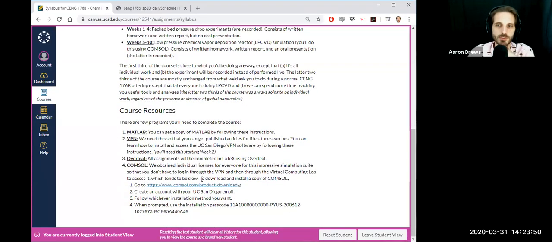We do have some course resources that you will need. Since we're on the topic of COMSOL, we have been able to obtain individual licenses for you. That's a great advantage because it means that you don't need the virtual computing lab, though you can still access COMSOL through it. You're welcome to log in through there if you want to. It's just a little bit slow in terms of interacting with it. The computer that sits behind it is probably a lot faster than whatever you're using at home. So if you have, for example, a massive calculation, it may be easier to run that on the virtual computing lab than on your personal machine.